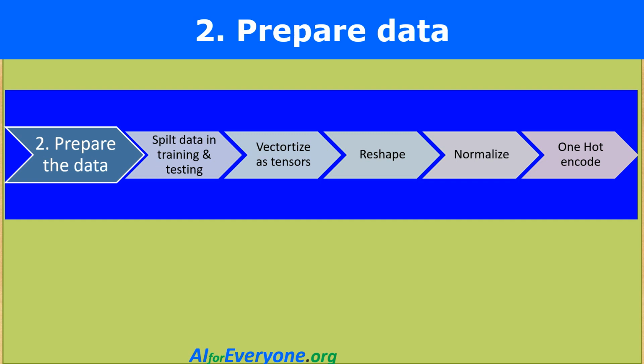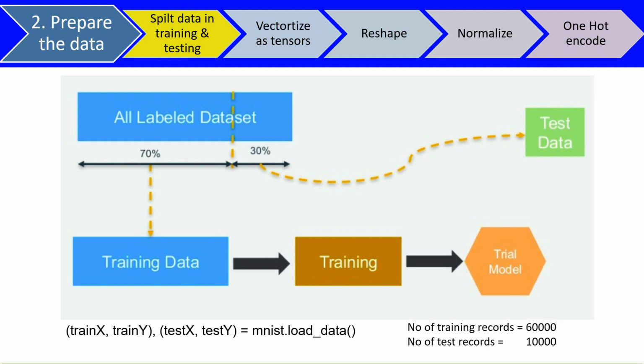Next, we need to prepare the data. Here, the first step is to actually split the data that's available for training as well as testing. Later on, we will also refine this to actually include a validation set so that the deep learning training model becomes more effective and more accurate. The general rule of thumb is to split the data as 70 percent for the training set and the rest for test.